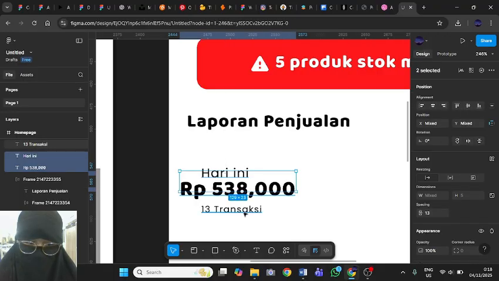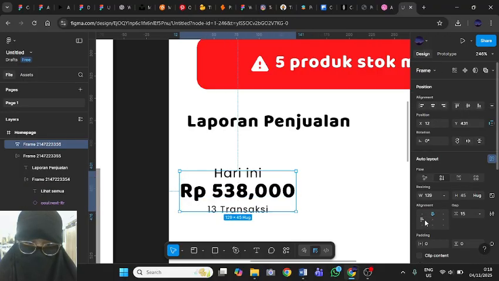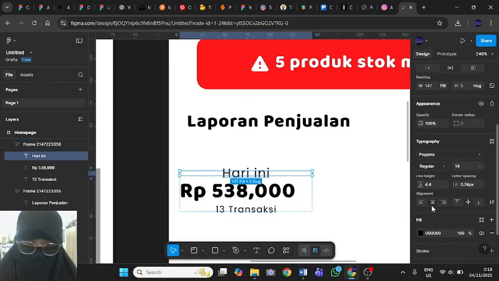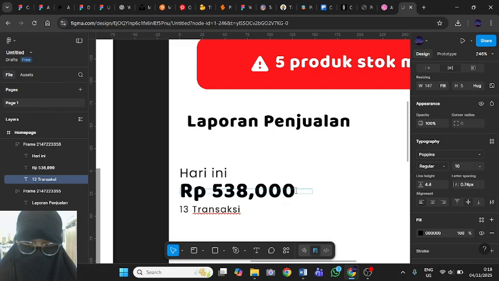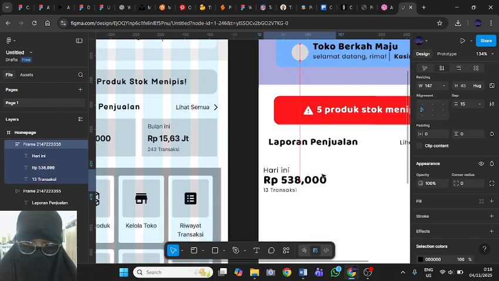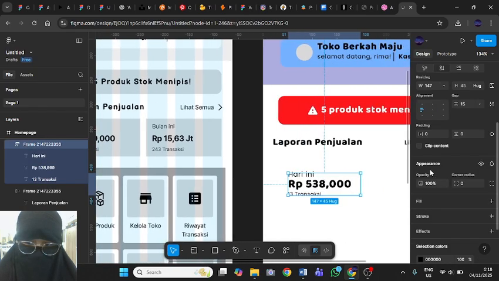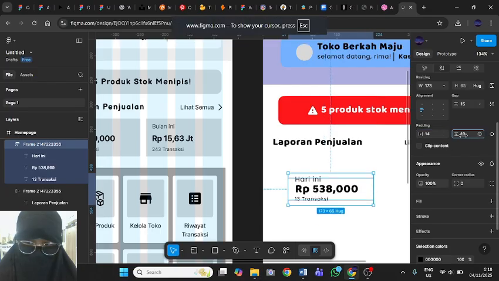So press shift A, and then just the alignment. It shouldn't be like this. So this one should be like, okay, just like that. And then we're going to just padding here, and then also the upper padding,